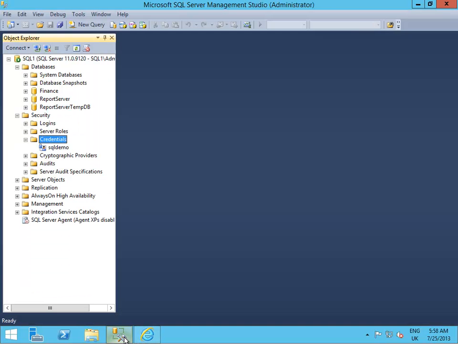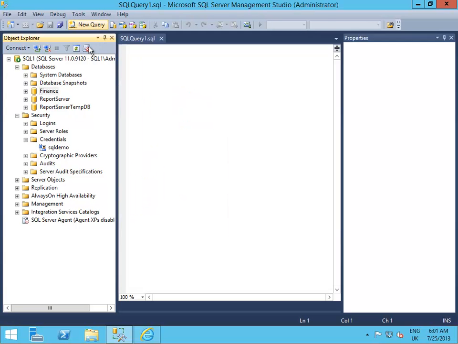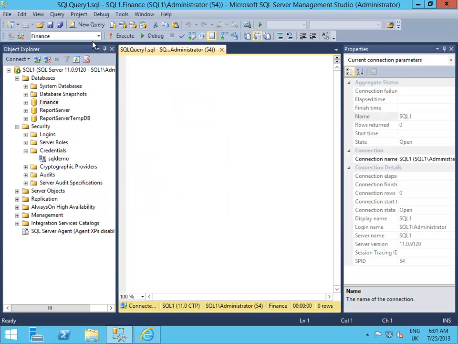Okay, let's go back to Management Studio. We can now see we've got credentials stored in there. Right, to perform the actual backup then, I'm going to create a new query. And I'll connect this to the master database in here. So it's just a standard backup command. So I'm going to backup